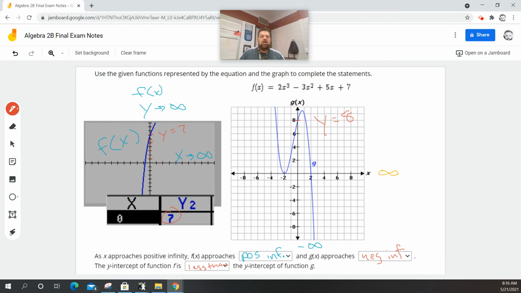Okay? Also, by the way, see why function notation is nice? If I say g of x this and f of x this, I can know that this y equals 7 belongs to the function f of x, and this y equals 8 belongs to the function g of x. So that's another nice thing about function notation. If you're dealing with multiple equations or graphs, you have a label that tells you which is which. Anyways,